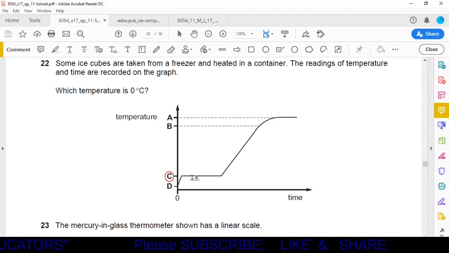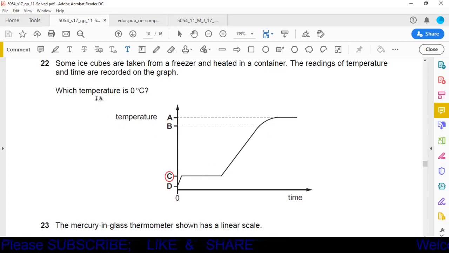As long as the ice is converting into liquid, as long as the ice is melting, its temperature will remain constant. Once all the ice is melted, its temperature will start rising, and when its temperature is 100 degrees centigrade, all the water will be converted into steam, and at that time, when we are providing the heat, its temperature will not rise. Whatever heat we are providing now is used up to convert it into steam.